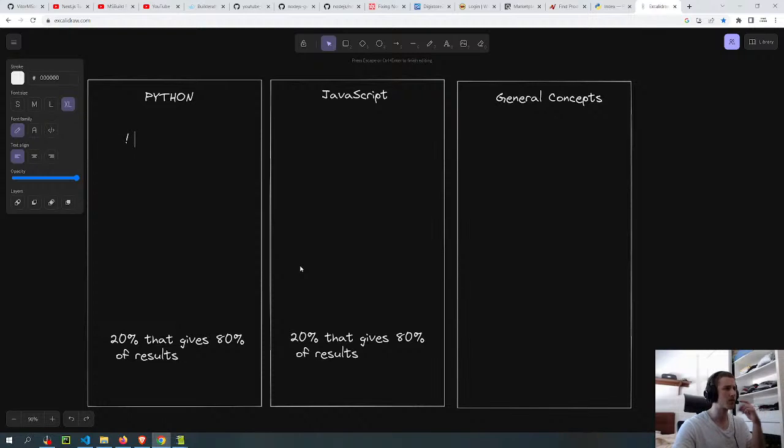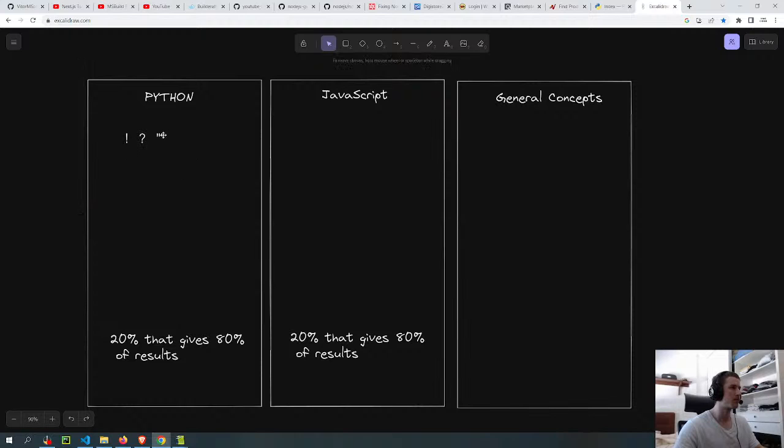The fuck? Maybe. I wonder if it's gonna be confusing if I put it like this. And this one is better.